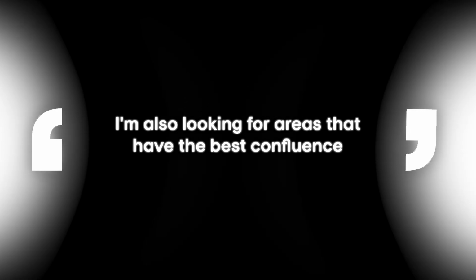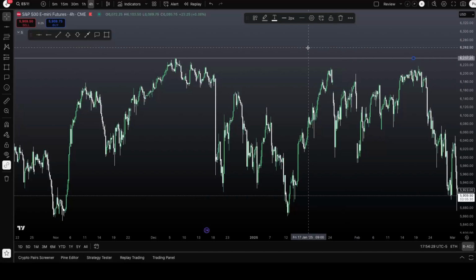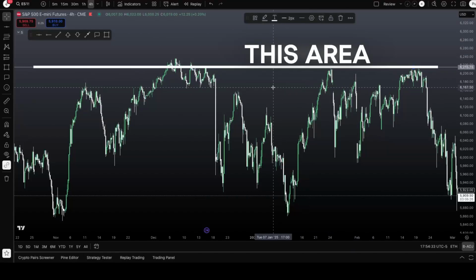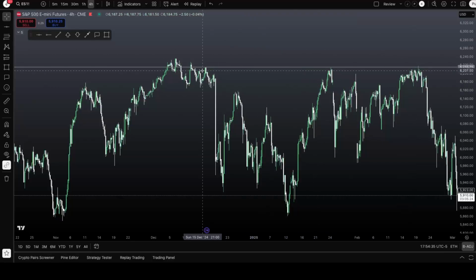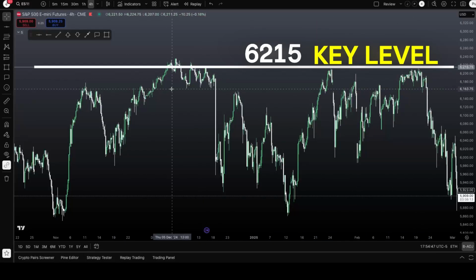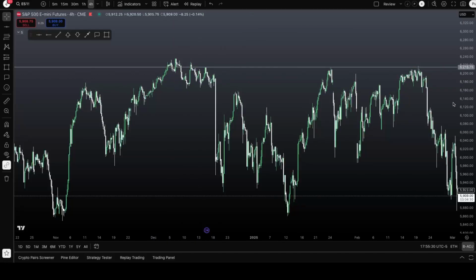So instead of just marking the all-time high with resistance, I'm going to look and see if I zoom out that actually this area has more points of confluence where price was unable to hold above this area, saw rejections, saw a hard test, and then other multiple hard tests that all line up. This is a key level, 62.15, and remember, you don't want tons of levels, you just want the most important